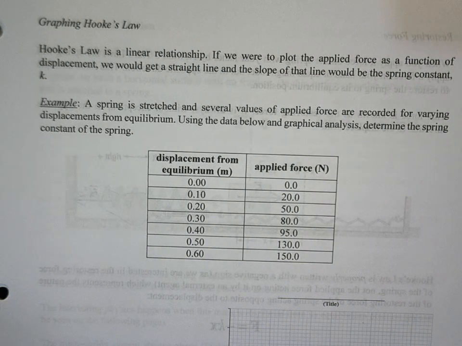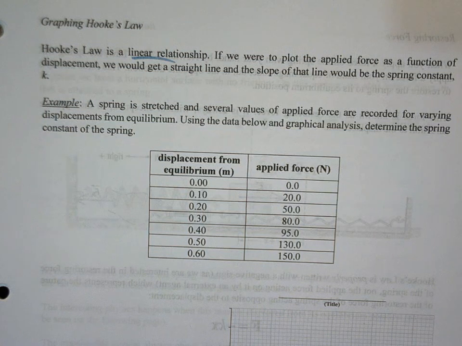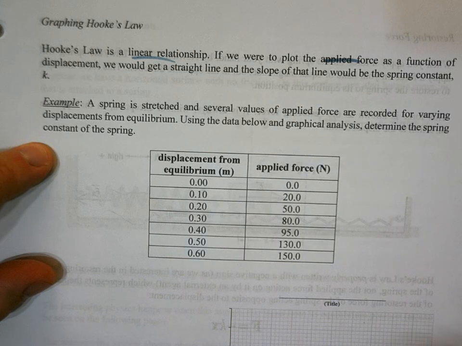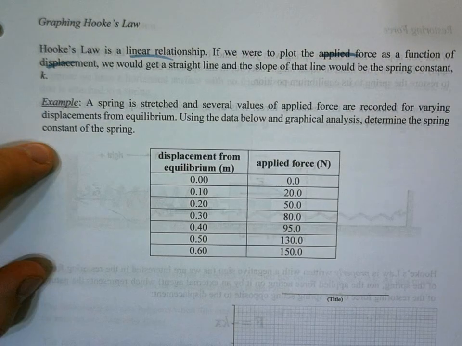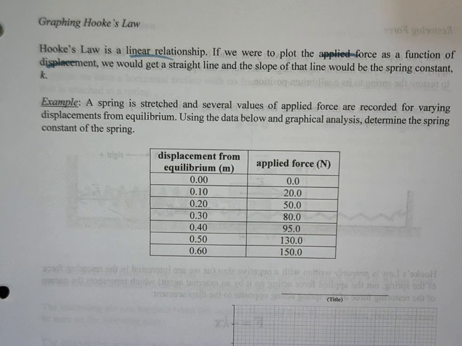So as previously mentioned, Hooke's law is special in that it is a linear relationship. So it does follow that form y equals mx plus b. So if we want to plot the applied force as a function of the displacement, we would get a straight line. And what we would find is that the slope of that straight line is actually going to be the